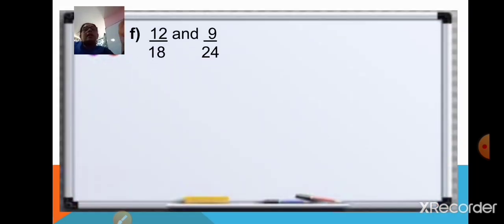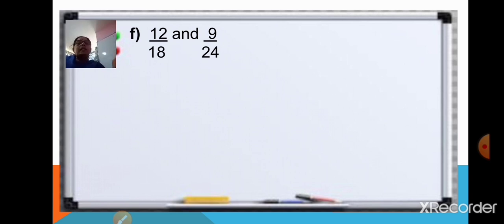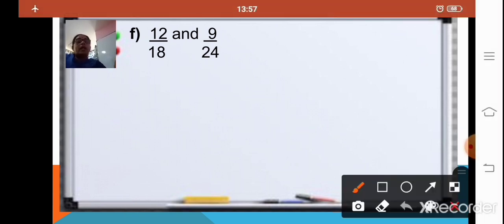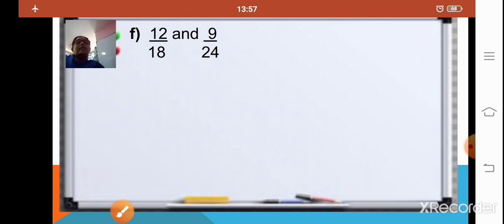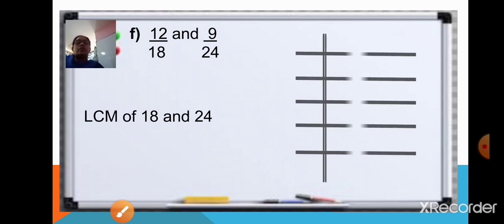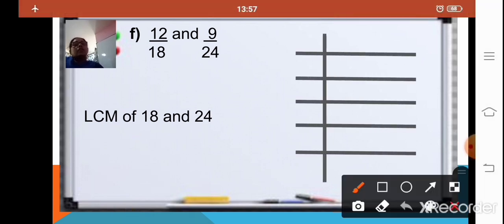Yes. Now based on this, another sum, 12 upon 18 and 9 upon 24. The denominator again is different. So you have to make it into like fractions. Make the denominator the same. Now how will you make it? Take the LCM of 18 and 24. Let us take it together. You can write the numbers together also and take the LCM. 2 9s are 18. 2 1s are 2. 2 2s are 4. 2 6s are 12.